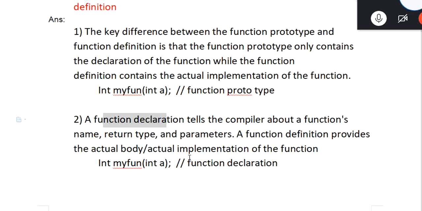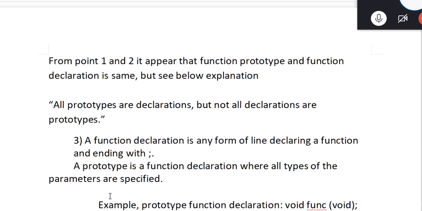As per these two statements, prototype and definition both are the same. You read these two statements carefully one time. I'll give some time. Yes, sir, definition and prototype both are the same. It looks like that. Okay. Yes, sir, clear.